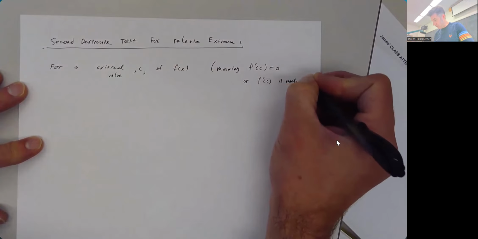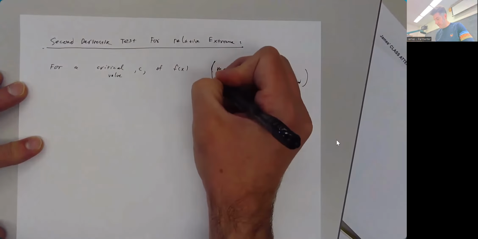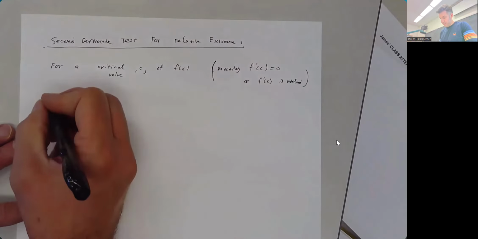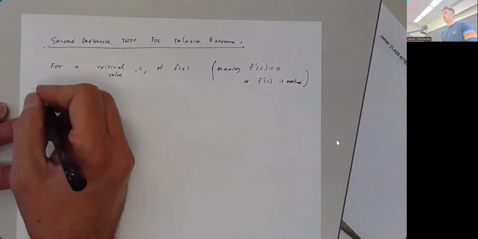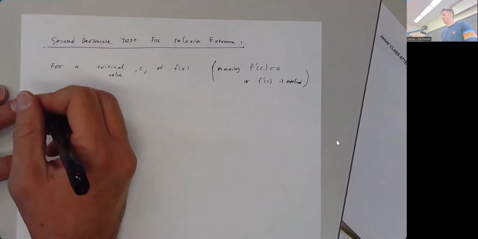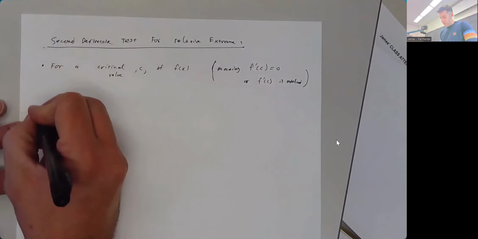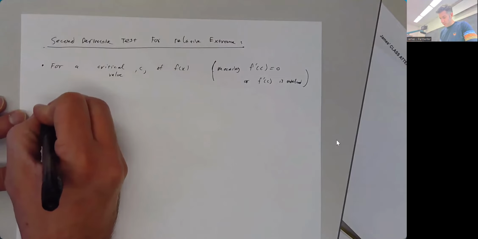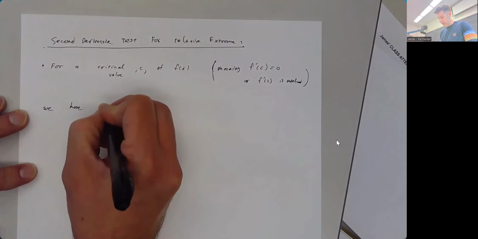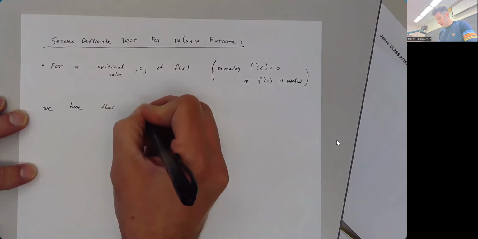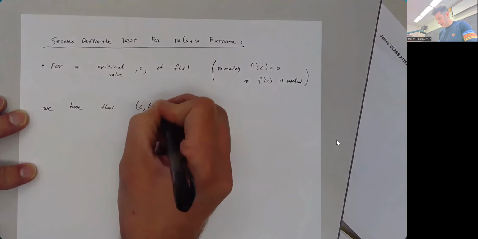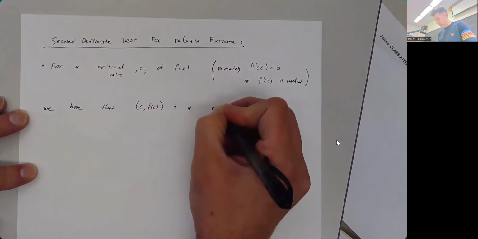Right, you can totally have a critical value where the derivative is undefined. We have that C comma f of C is a relative